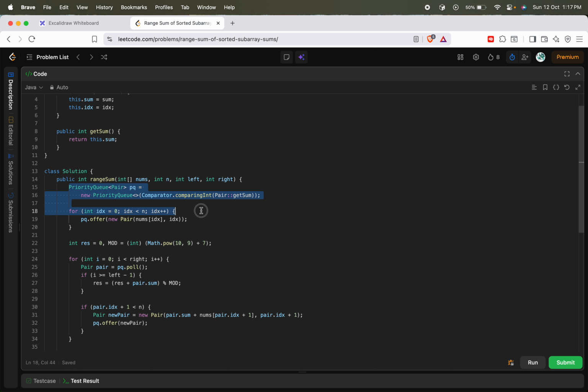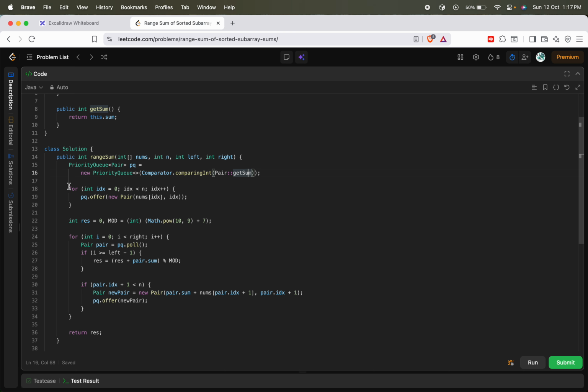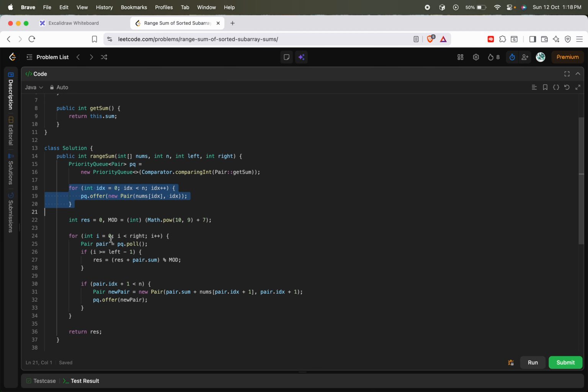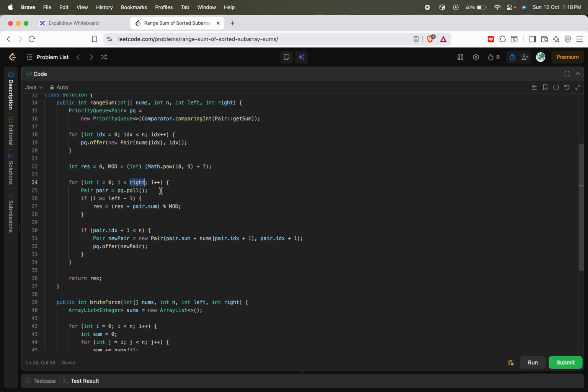So we have just defined a priority queue which is sorting based on the sum. Okay, and I am populating the priority queue with all the initial elements like sum starting at 0 ending at 0, sum starting at 1 ending at 1, sum starting at 3 ending at 3, sum starting at 4 ending at 4, and then I will start from 0 and go all the way till right minus 1, and each time I will be pulling one element from the priority queue which will be the minimum sum at that particular point of time. And if the current index is greater than or equal to left minus 1, that means the range